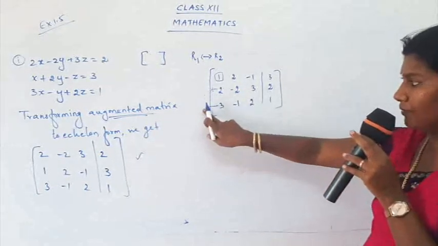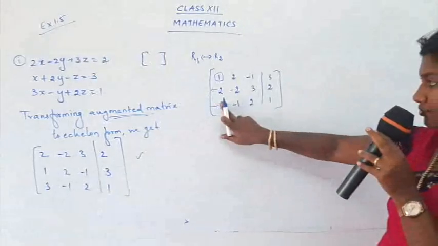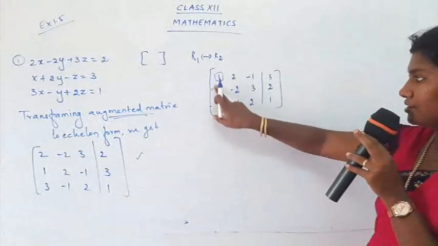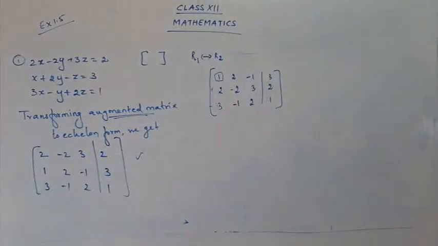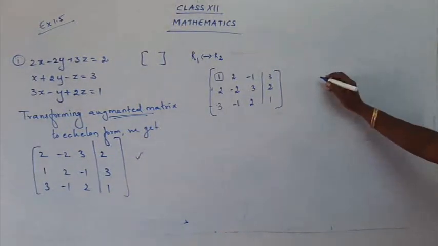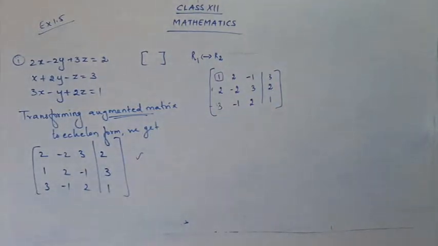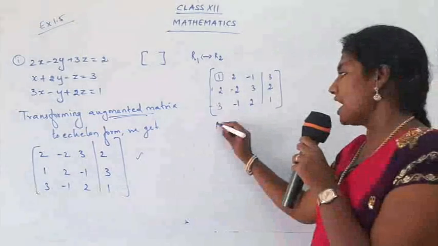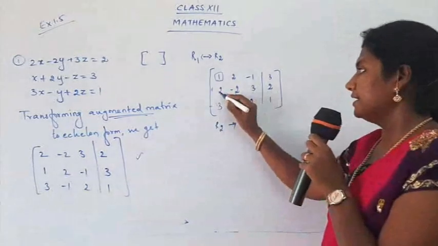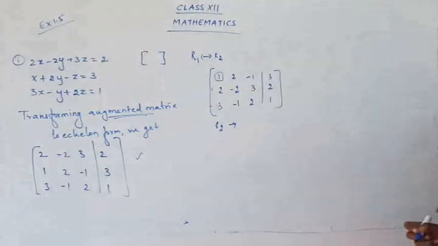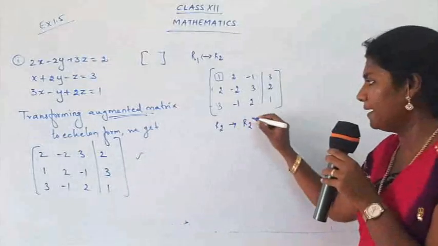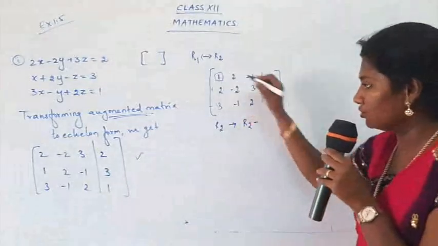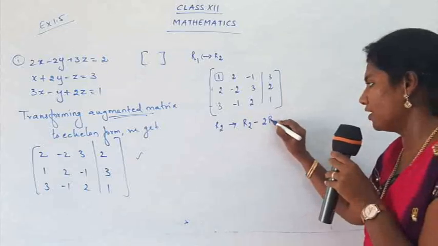Second step, you have to make the element 0. So what is your conversion? How are you going to do the conversion? See here, R2 is going to change and R3 is going to change. So let's write a conversion over here. R2 is going to change as, here I don't want 2. In place of 2 we need 0. So how are you going to convert, children? It's R2, take the same number, minus, here we have 1, so you have to write 2 times R1.